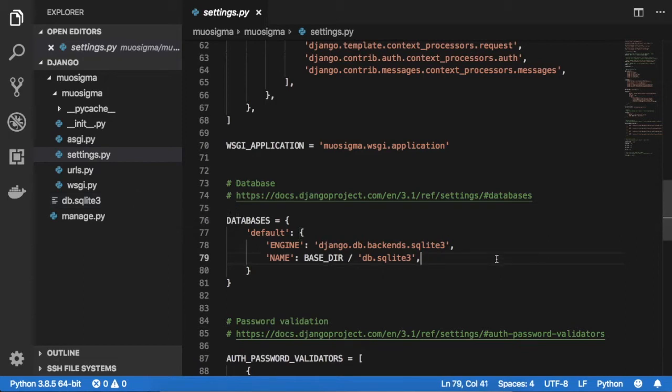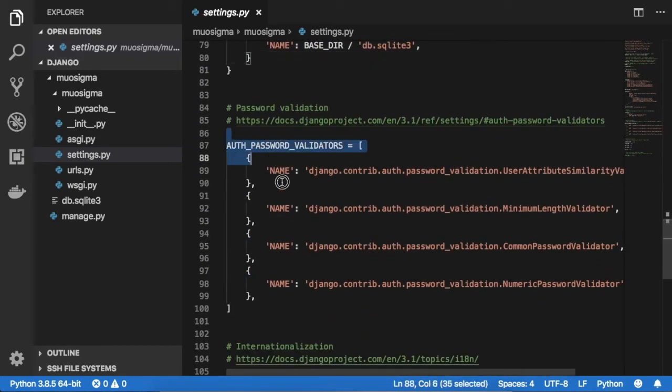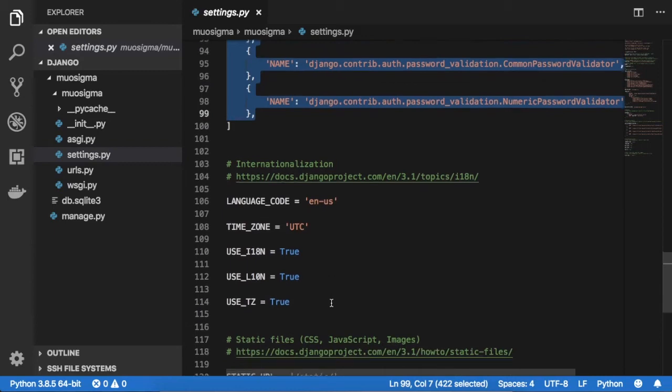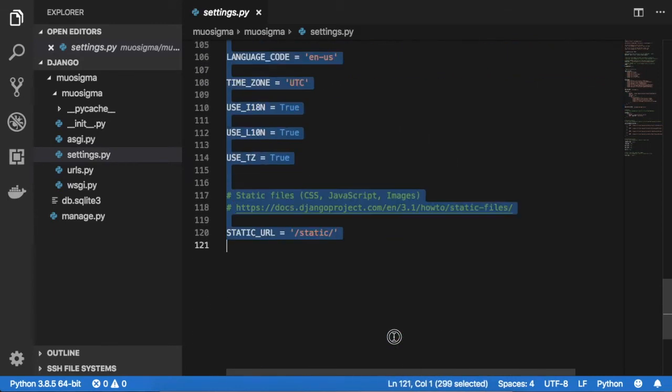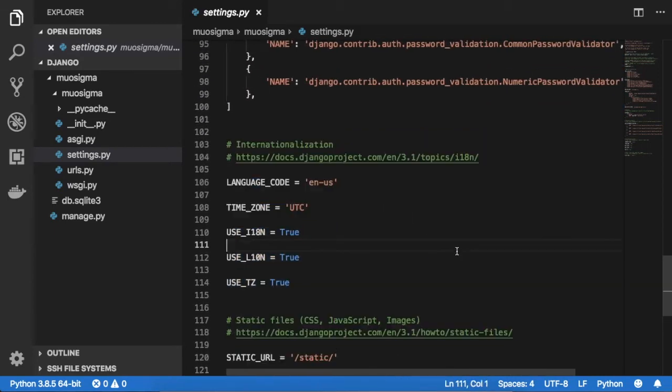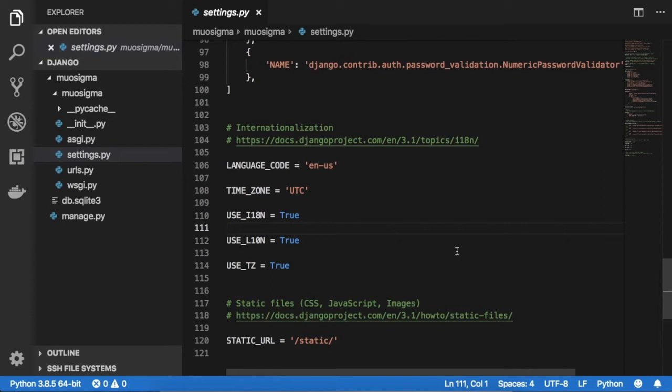We'll discuss this also. Then we have some auth password validators, which you can see over here. We will not make changes in this file frequently, so we'll talk about it later.